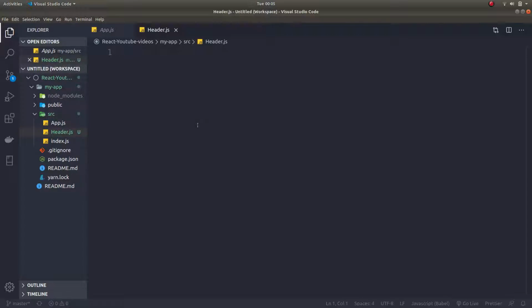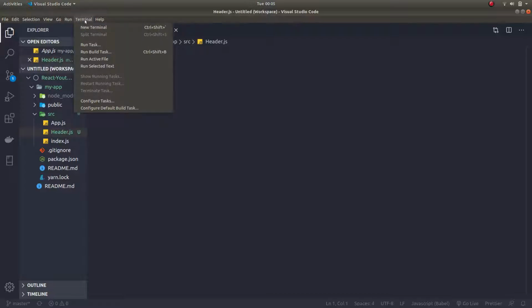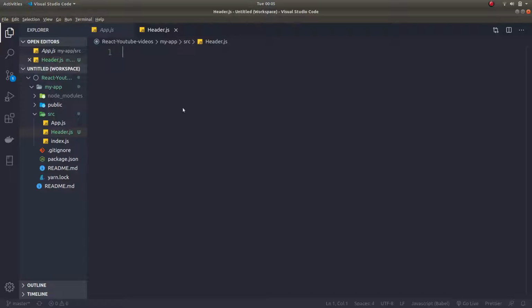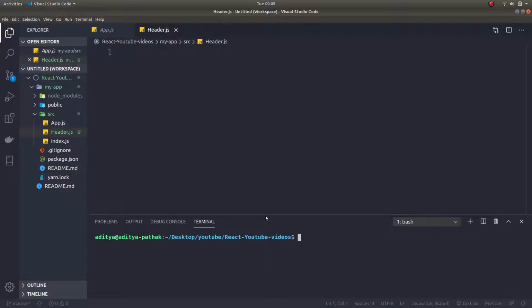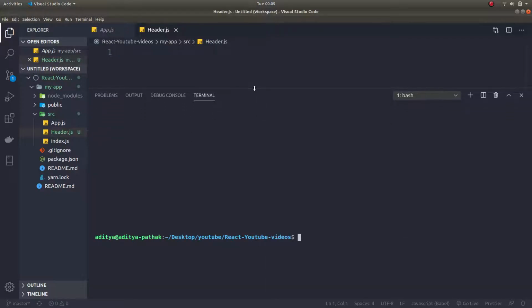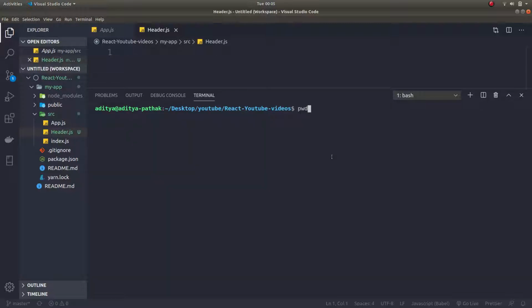Another reason why VS Code is so popular is that it comes with a terminal inside it. So here in the topmost corner you can see Terminal is written. You can press it and click on New Terminal. So a terminal will be opened here below. You can see it here. So you can give every command which you give on the terminal. I can see the present working directory and I can see any other file.